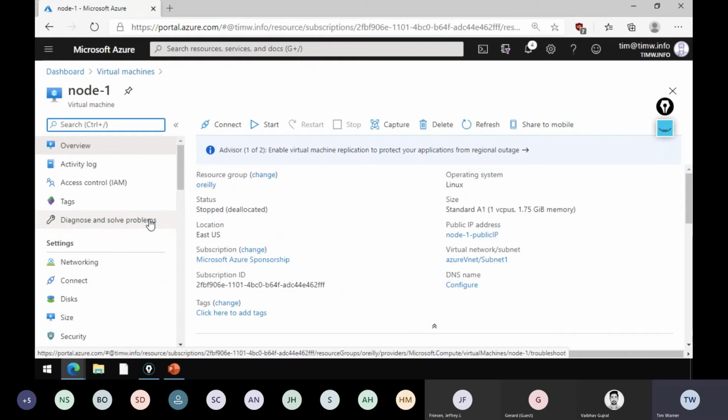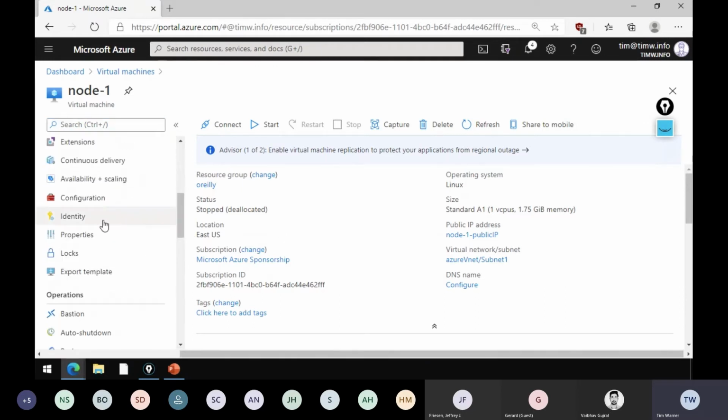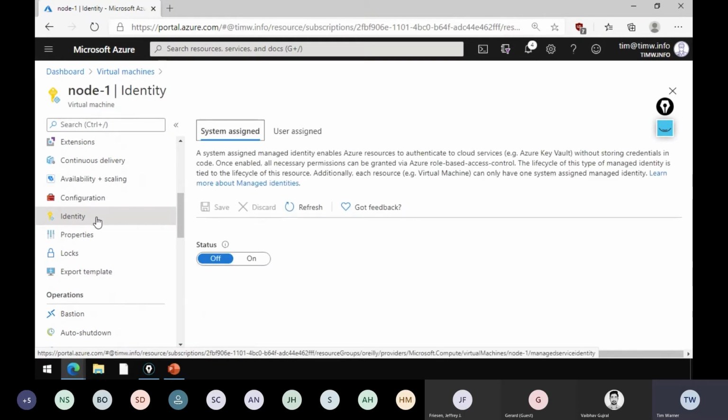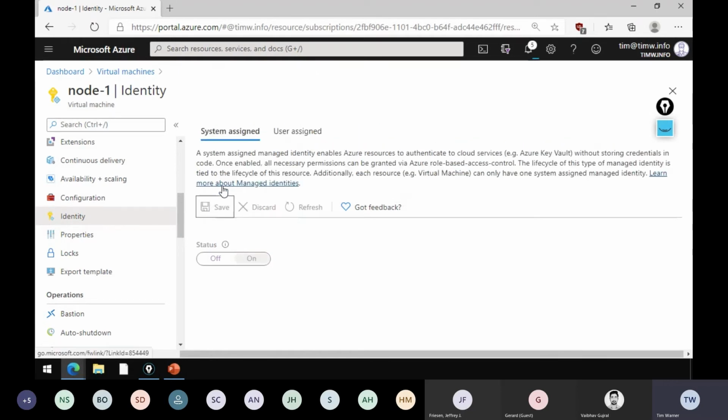How are your developers going to facilitate that kind of authentication? Again, Microsoft really does a lot of work to help developers out in particular. The concept of system managed identity. There are a number of Azure services that support this. It's not the majority, but a lot of them do, databases, virtual machines. And the idea here is that you can have Azure create a service principal for the virtual machine itself. All we have to do is flip the status from off to on and click Save. It says Node 1 will be registered with Azure AD, and we can then grant it permissions.